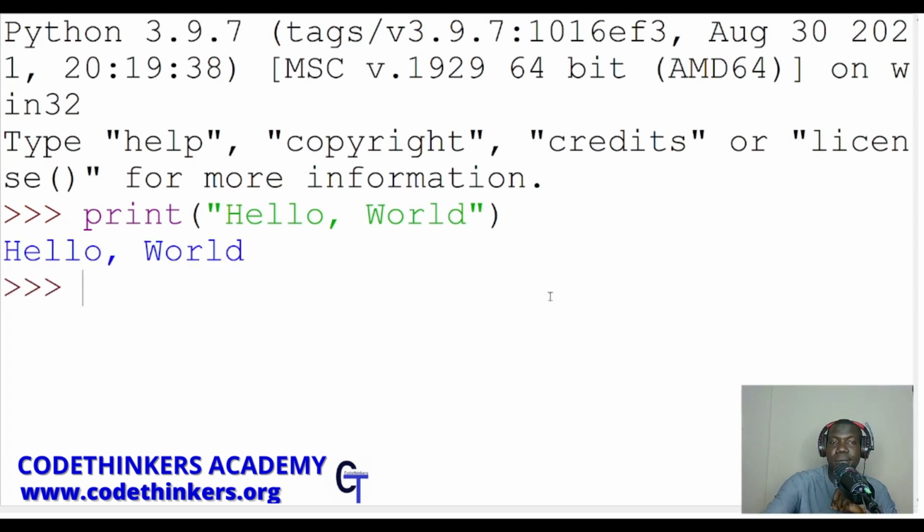All right. Our message appears on the screen. Simple, but it means your setup is working and you have written your first program. From here, you can go on to learn more about how